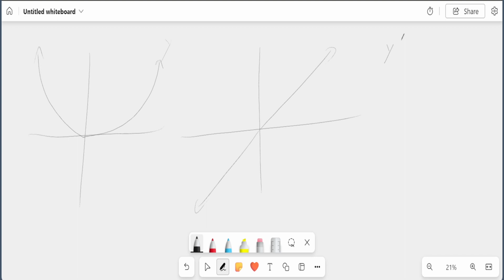Quadratic, right? And that does not pass the horizontal line test. So that's one way we know it's not monotonic. Also, if we look at it,